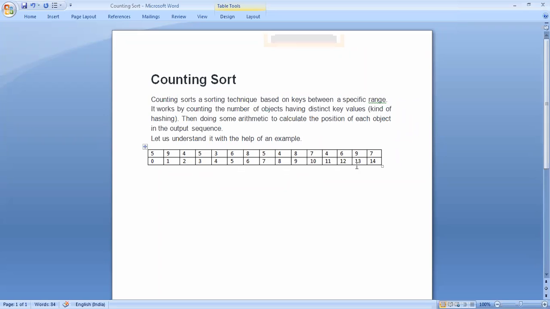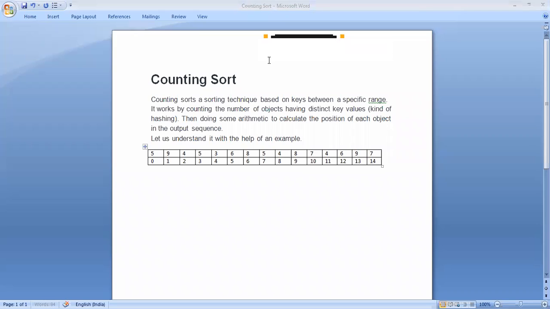This is the array A. Now we need another array, the B array, and the final output will be stored in the B array.